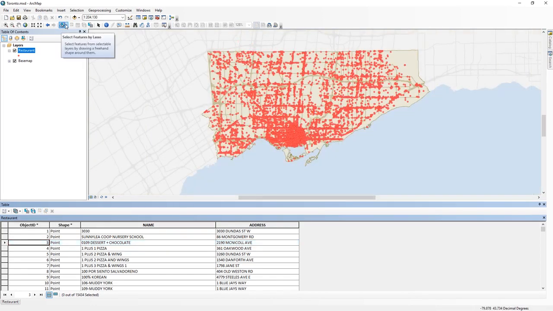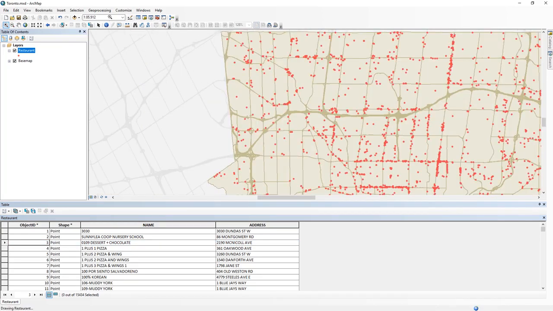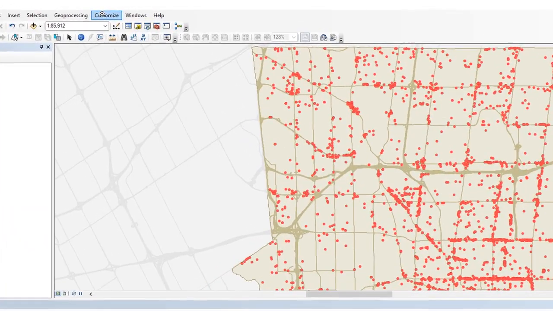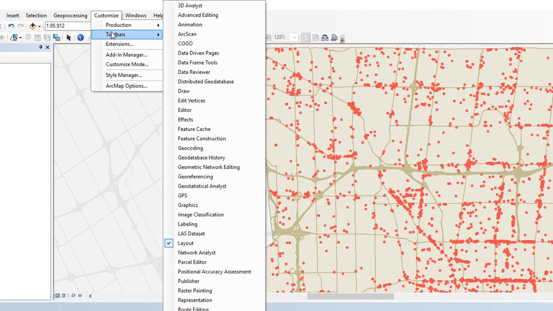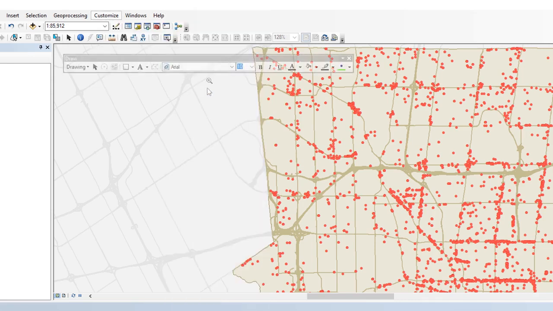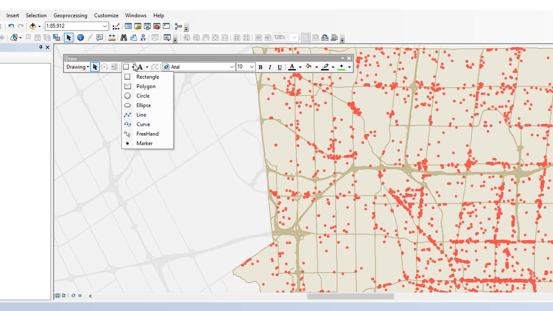Okay. Another method that can be used is to draw shapes on something. So I'm just going to zoom in a little bit to one part of the city. If I go to Customize, I can add in a drawing toolbar, and I can use that to draw shapes on top of my map. The interesting thing about this, let me show you and then I'll explain, is that I'll pick something like a circle, and when I draw that on the map,